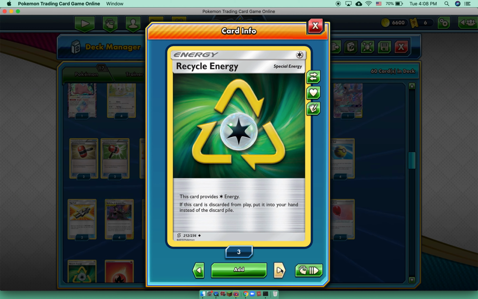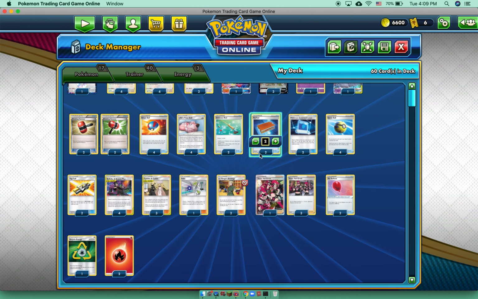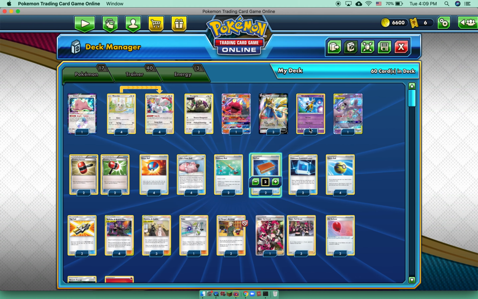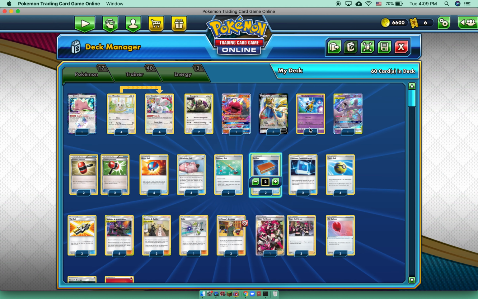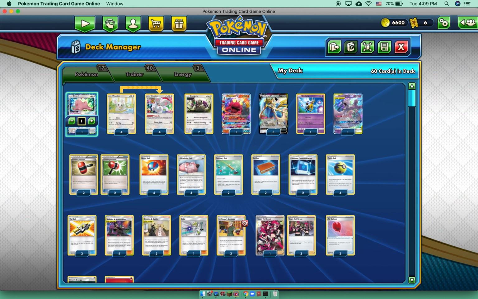We have, for our energies, just a Recycle and 2 Fire energies, of course, for charging up our Oranguru and Mewtwo and Mew. So that's going to about do it for the deck list. Basically, what you want to do with the deck is set up 2 to 3 Cinccinos and a Zacian V,